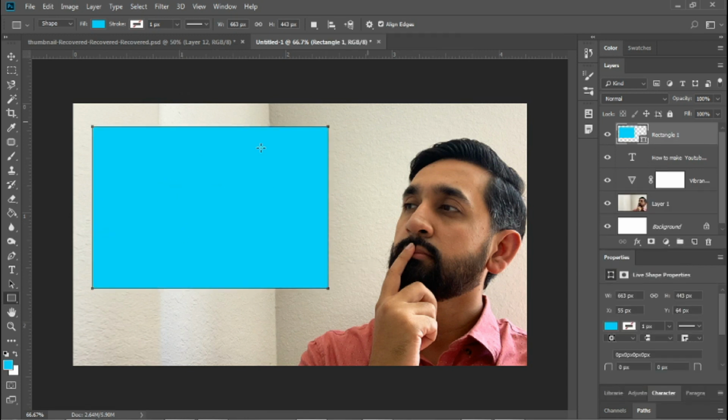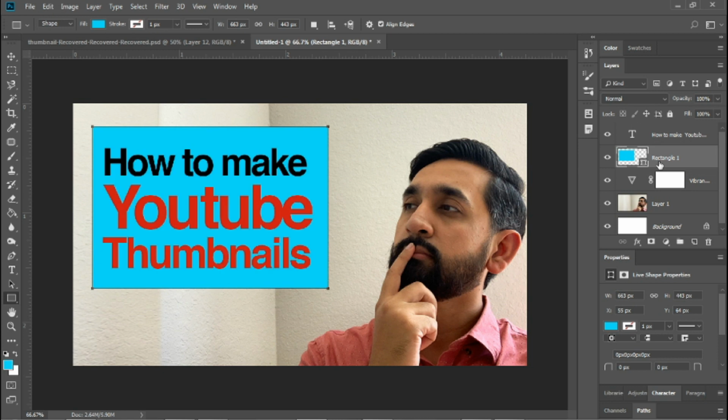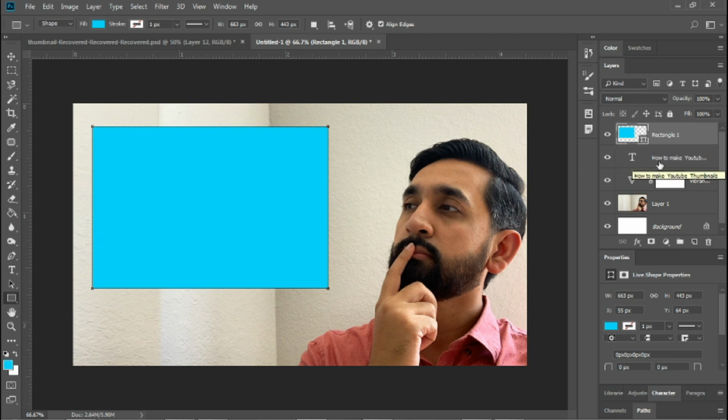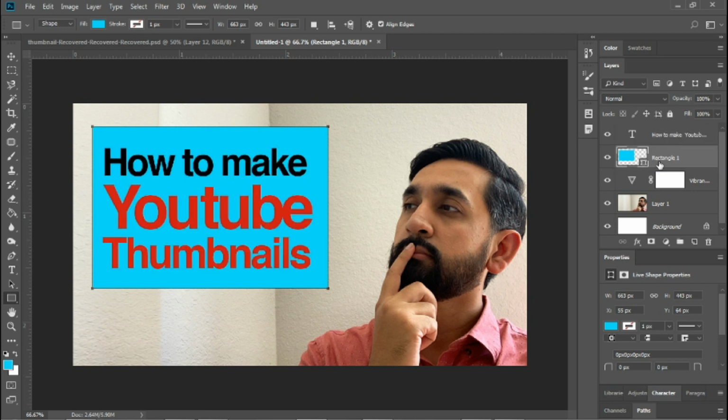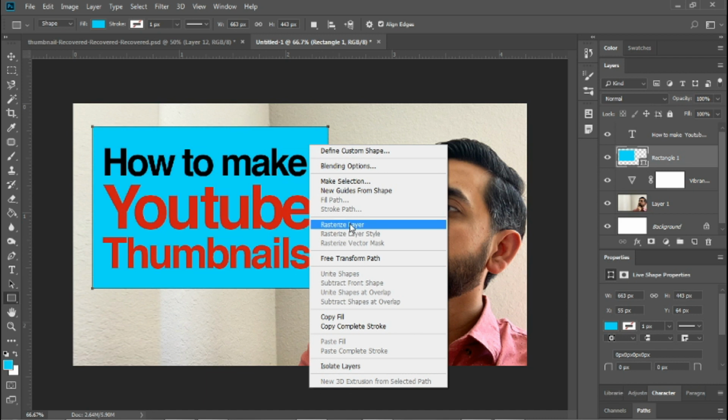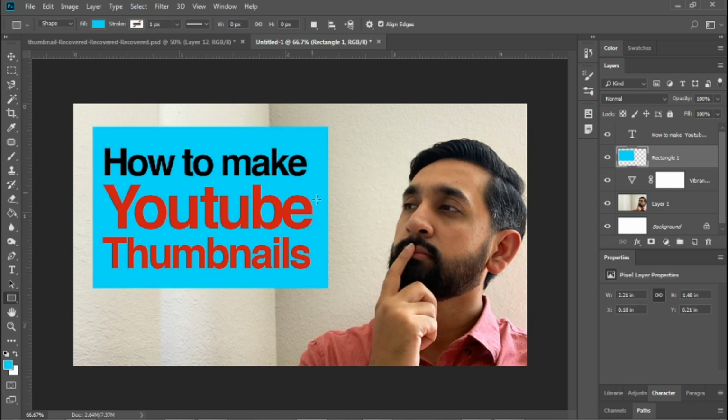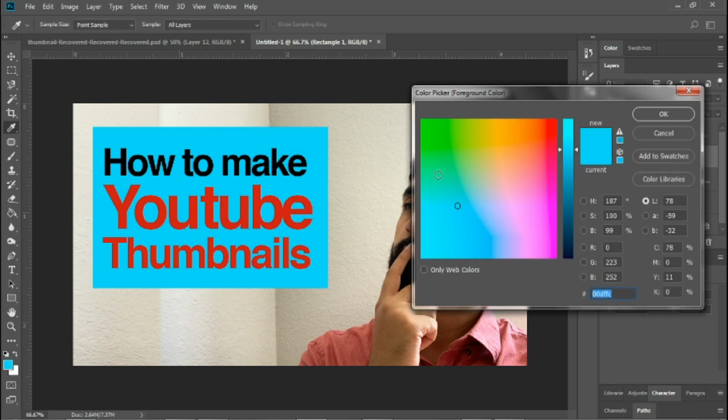Notice that this will cover your text, which is right here. Everything is about layers in Photoshop. You want to take this and drag it underneath it, or a shortcut for that is Control left bracket. Now I'm going to right click on the shape and click on rasterize layer. You want to rasterize something to basically make it editable, meaning that now I can select any other color,